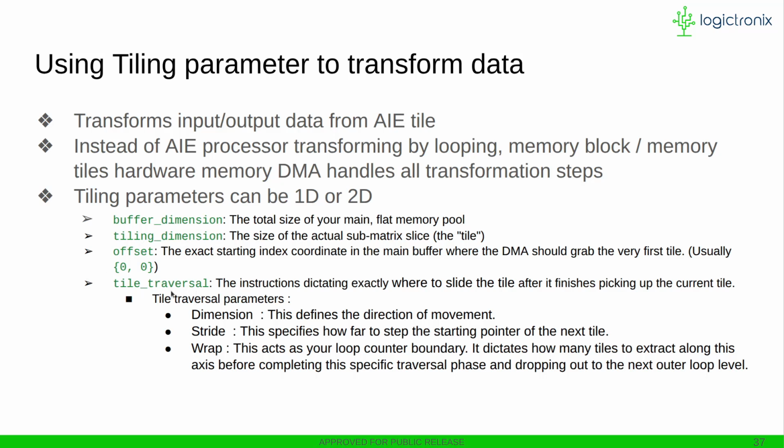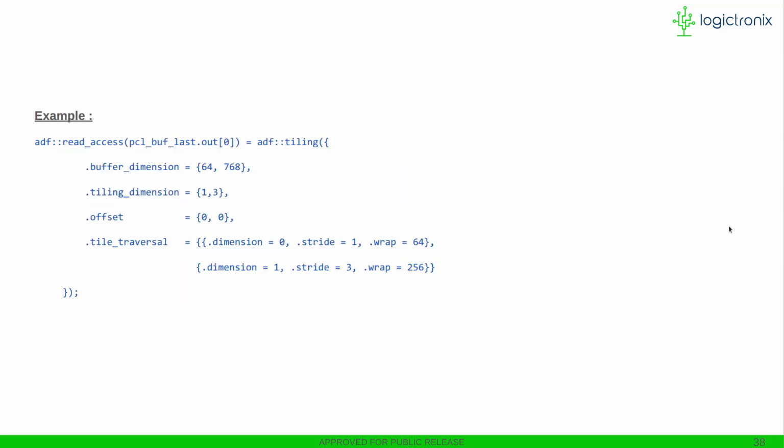So this is like a looping variable in the for loop, right, to move the memory into your memory array. So it has a dimension, in which direction you want to move, and stride is how many steps you have to move in each direction, and wrap means how many times you want to repeat this step. So if you see the following example, where we are converting our 16 packed data into